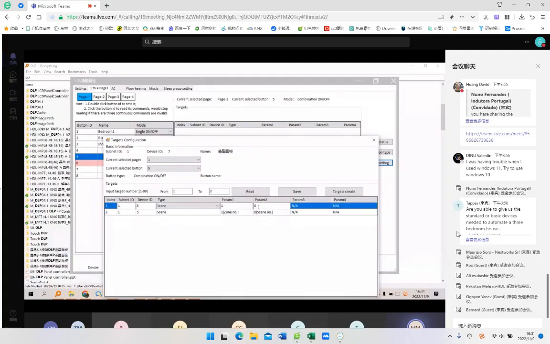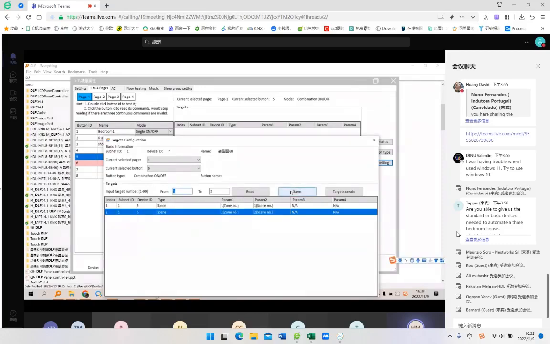And I want to control scene 1, and the zone number 2 is for my living room, and press save. So enter the zone number and scene number accordingly. So you will have a combination mode. So if you want more targets, for example, in the future, you may make a project and you want a